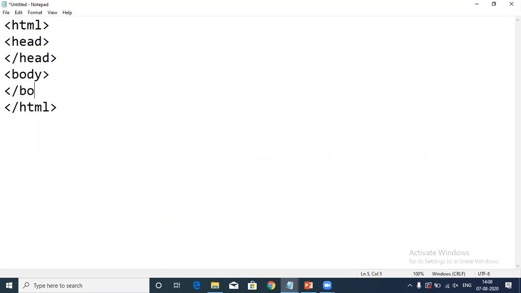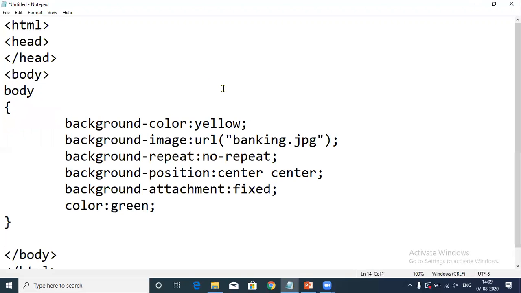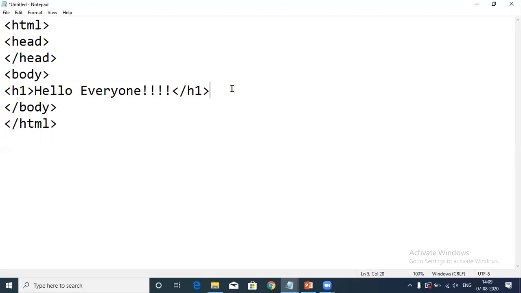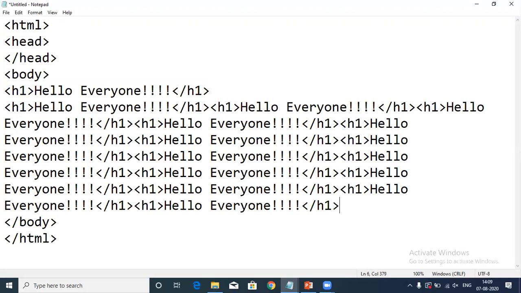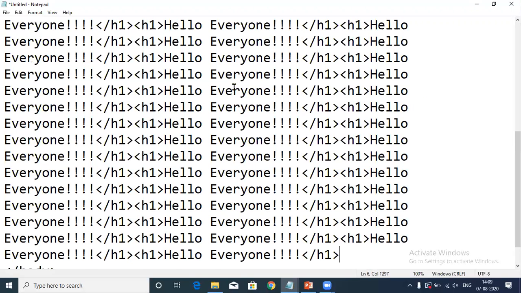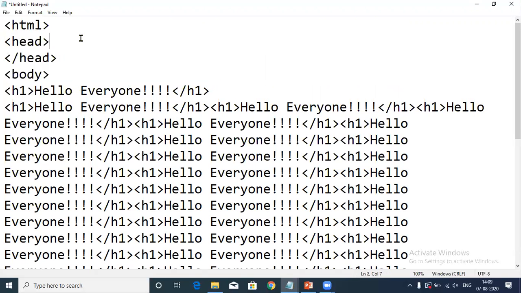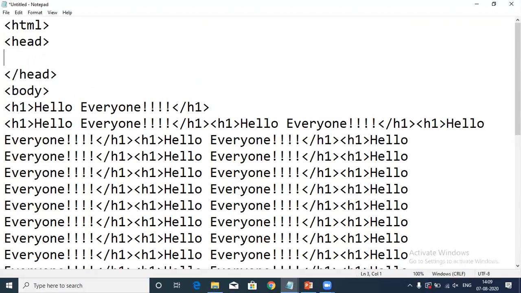Under the body block, we'll define only a single tag. Whatever you want to define here, you can define. I'm writing only a single tag. This is totally up to you which tag you want to use here. For now, I am copying this a number of times, so that I'm making the content of the page big. Now I'll put a style tag.